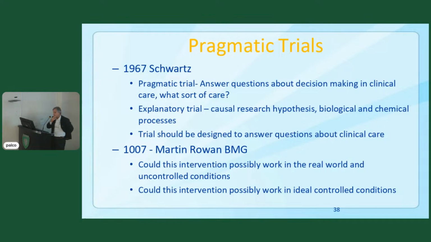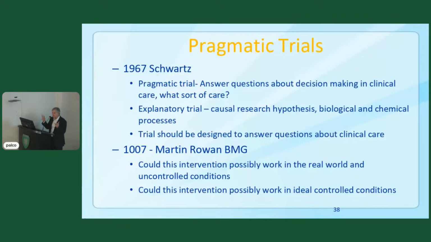So he's saying the typical studies we are stimulating people to do are what Schwartz called explanatory trials, causal relationship type of research, trying to test a hypothesis about the biological, chemical process, something. So that's a real experiment. That's an explanatory trial. Even the observational design that asks what caused lung cancer and so on and so forth, it's an exploratory type of study. Whereas